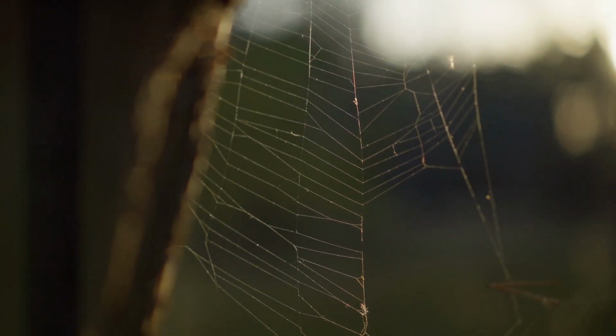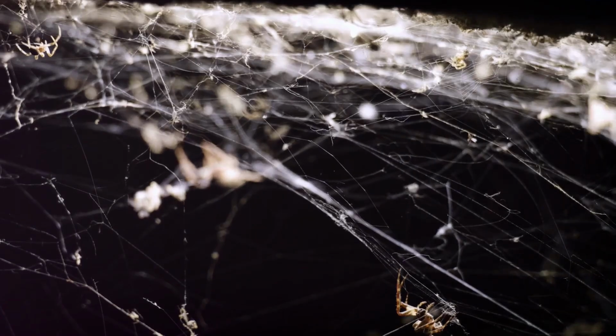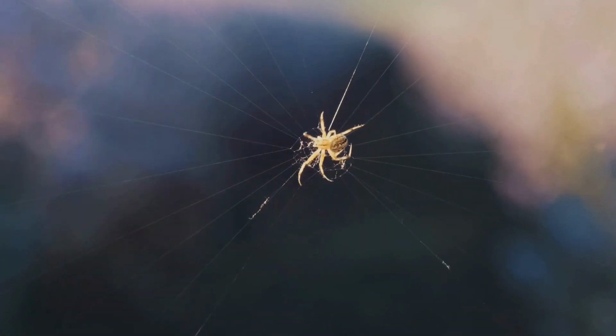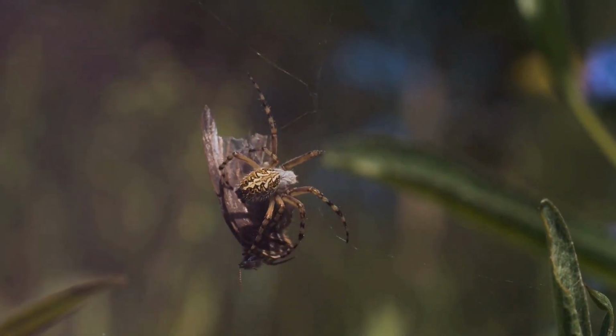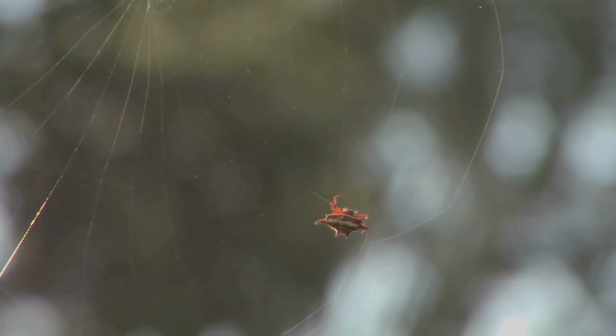Did you know that spider silk is proportionally stronger than steel? And that some spiders can produce up to 7 different types of silk? Spiders are true engineers of nature, and their webs are not only used to catch prey. Stay with me to discover the fascinating secrets behind these complex and ingenious structures, and understand why these tiny architects